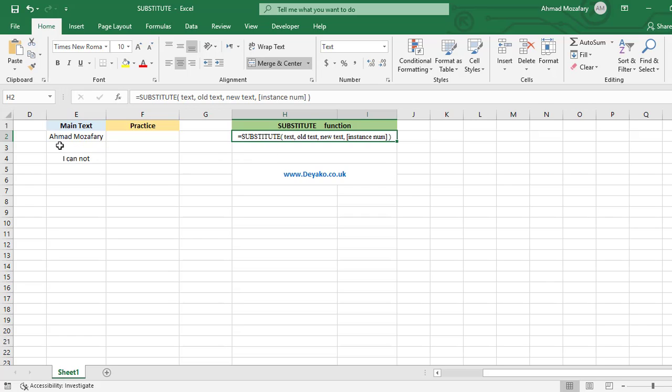For example, we have 3 lowercase a here, and we want to only change the first one and keep the others unchanged. So we enter 1 in instance num because this a here is the first lowercase a. Just keep in mind that the SUBSTITUTE function is a case sensitive function. Okay, let's